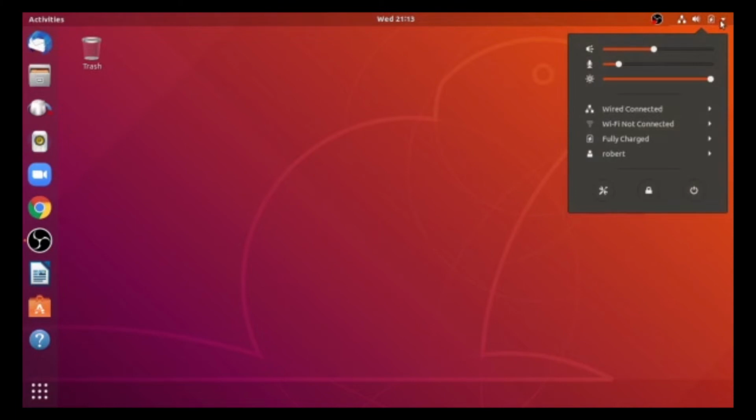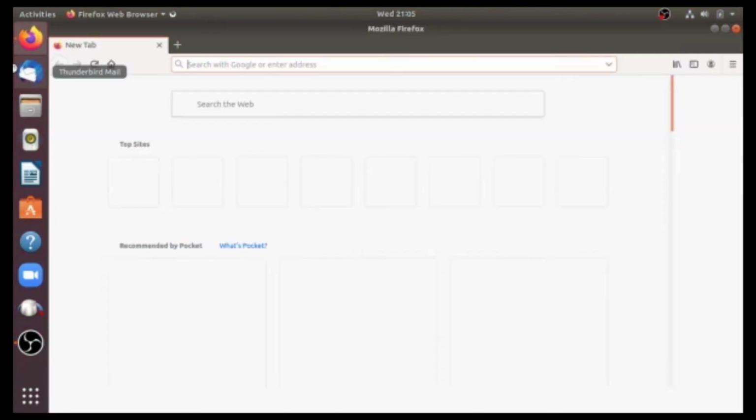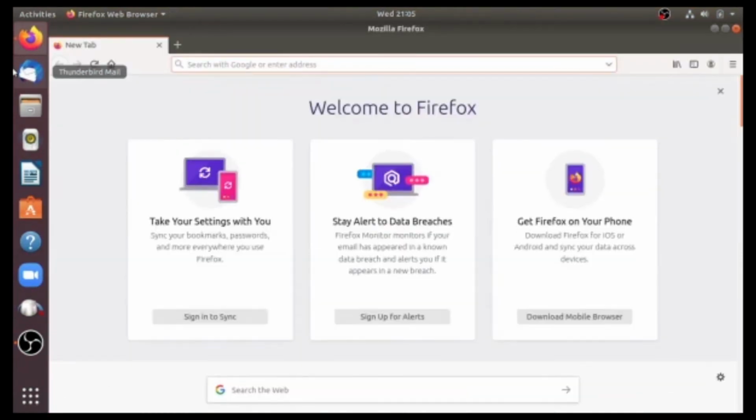You get this selection. Go to the right-hand button at the bottom, the power switch. Click on that, and you see power off. You let the system power off. Once the system boots back up, you click on the Firefox web browser in the upper left-hand corner, and you're